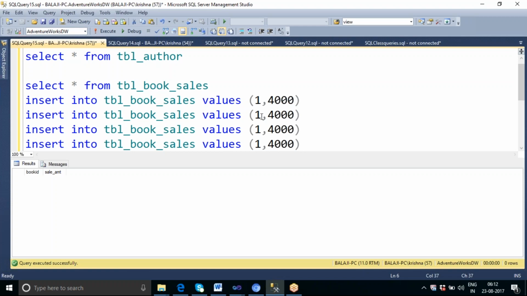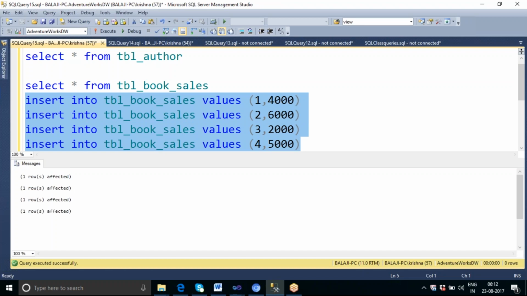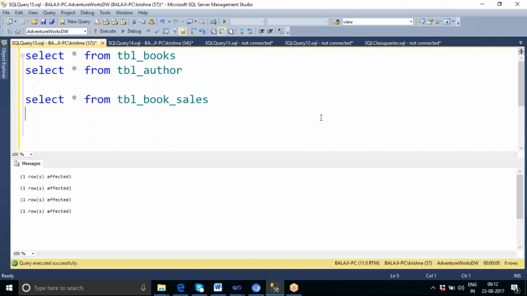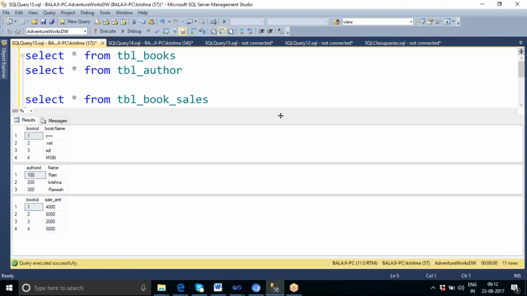Let us say that book ID 2 sold for something like 6,000, book ID 3 has sold for something like 2,000, and book ID 4 has sold for something like 5,000. Okay. Now, whenever any customer comes and purchases an item, I insert each book-wise sale. Now I have four records. Now you can see, this is my data. Whenever any customer comes and purchases a book, I am storing the book-wise sales.